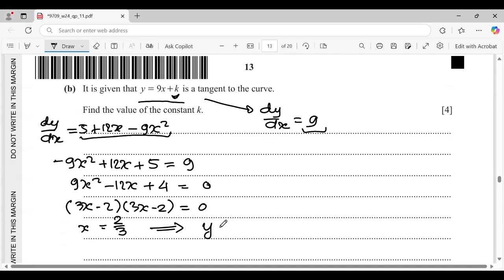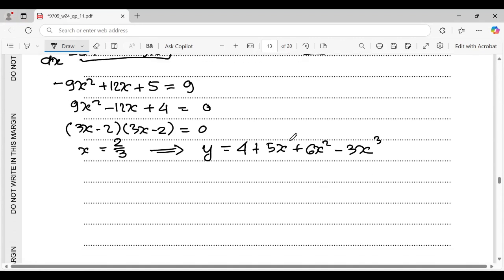The equation is y equals 4 plus 5x plus 6x squared minus 3x cubed. If we substitute x into this equation, we can get the value of y: 4 plus 5 times 2/3, plus 6 times 2/3 squared, minus 3 times 2/3 cubed. So if we calculate, the result is